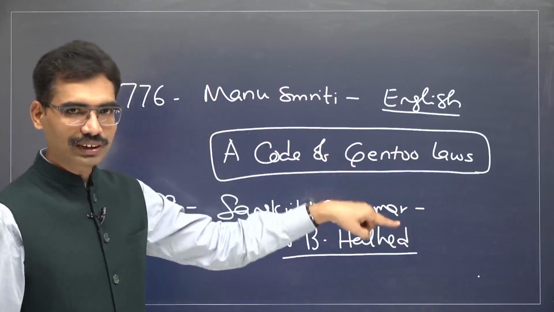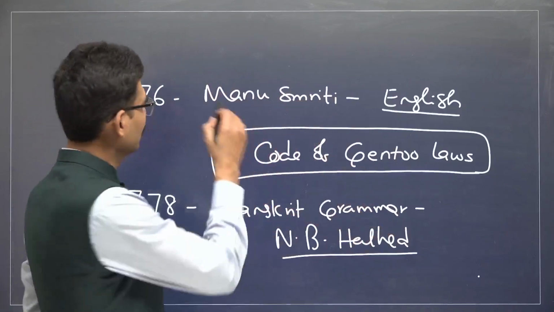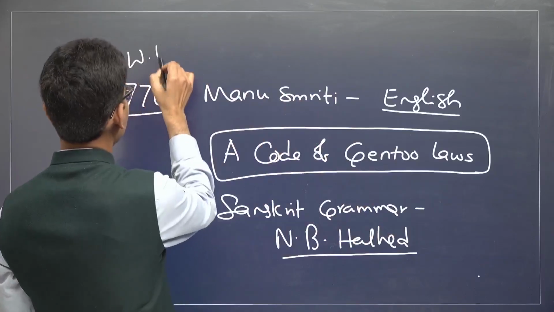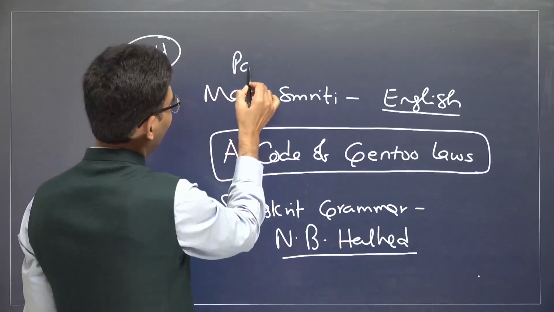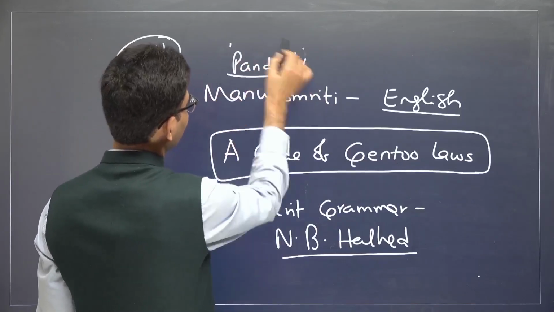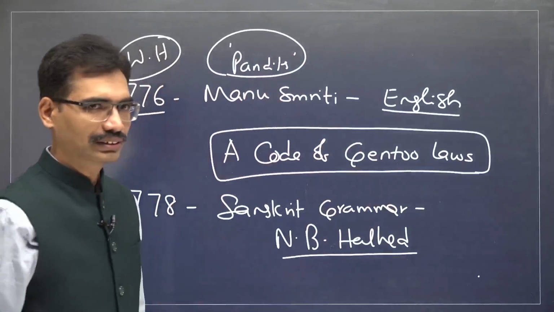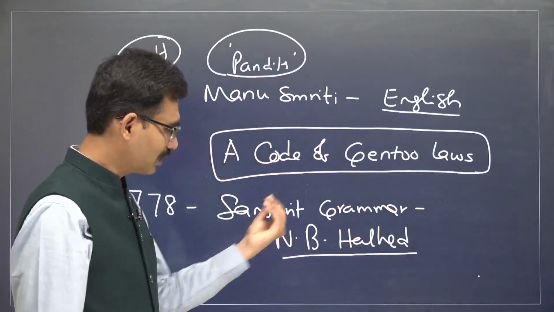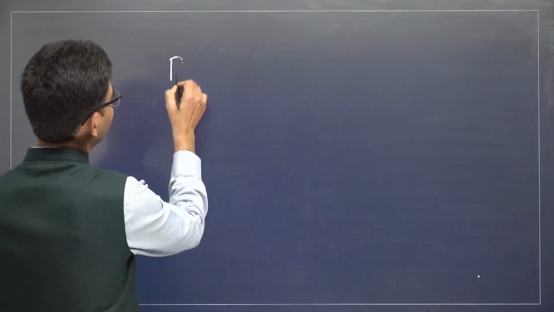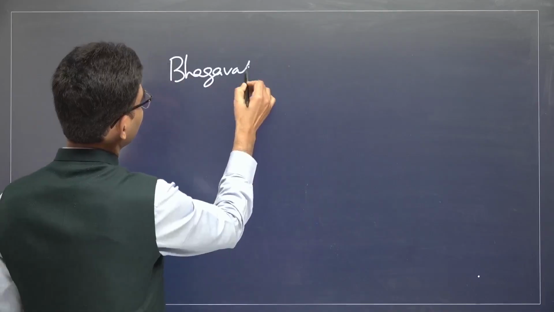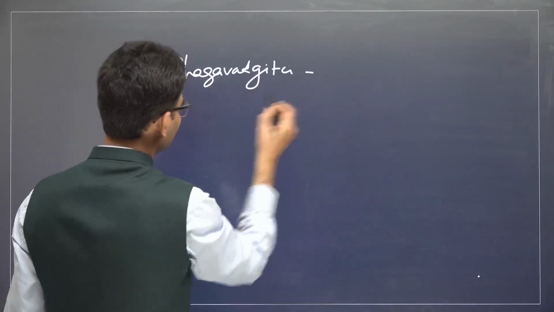You see, individuals, and this is a collection of 1776, who is there? Warren Hastings is there, first Governor General of Fort William. Under his guidance, Pandits were asked to collect Manusmriti and translate it into English. And another English person worked on Sanskrit grammar in 1778. Similarly, after 1784, William Jones created. By the 1780s, Bhagavad Gita was translated into English.